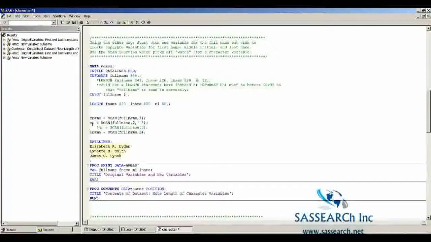In the second situation, we are going to create a variable mi, and we're going to scan full name for the second word where space is the delimiter. And I need to put in this quote, space, quote, to tell SAS that the delimiter we are looking for is a space. If we didn't include this in there, then it would also look for a period as a delimiter. And I'm going to show you what happens when we run the code without that example. And then finally, we're going to scan our full name and pull off the third word. So let's run this